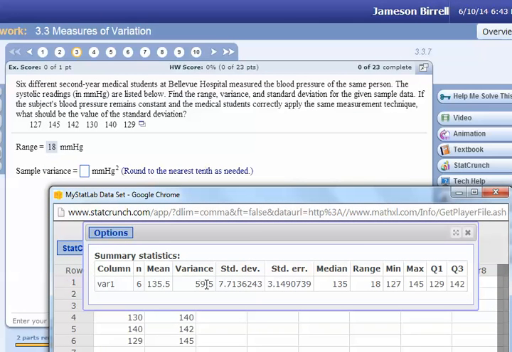The variance will be listed. The mean is listed, although they're not asking for that. The range, there's that range we already got of 18. And then there's the standard deviation. Now, what we should know by doing it by hand at least